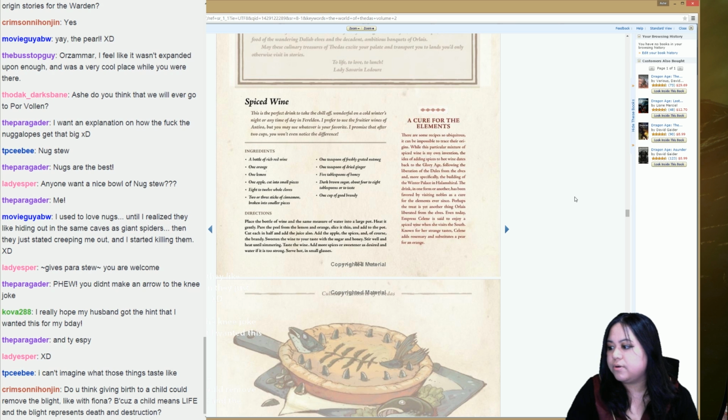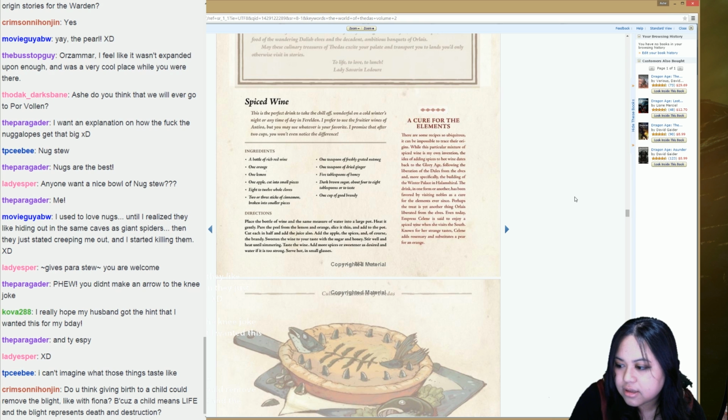Do you think giving birth to a child could remove the blight, like with Fiona? Because a child means life and the blight represents death and destruction. So considering what happened with Morgan and Alistair, it can, but I think some magic needs to be involved for it to be effective. Because if you think about it, like...